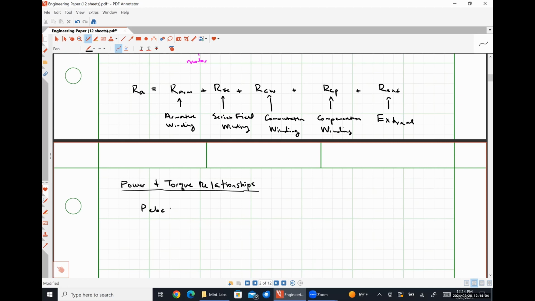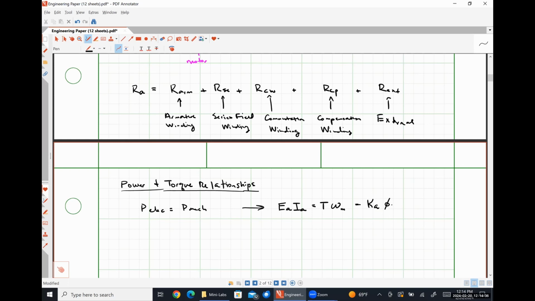So we can say that P electric and P mechanical are equal. Our electrical power developed in the system is just EA times IA. Our mechanical power developed in the system is just our torque times the speed at which our rotor rotates. And then we can set this equal to